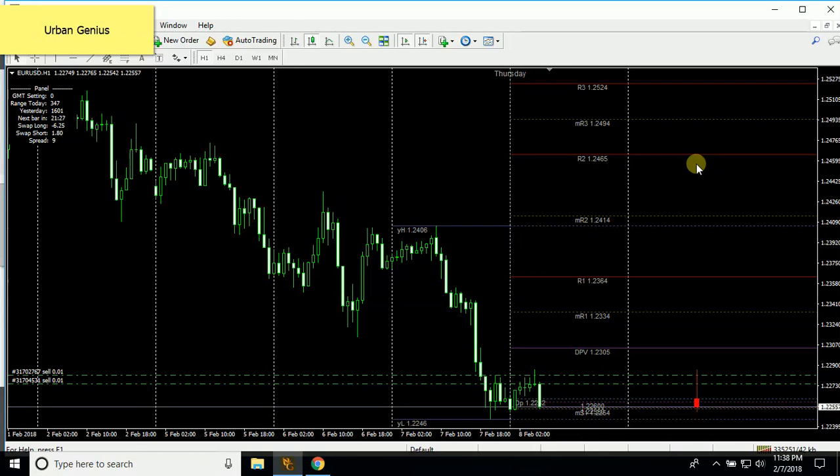Now here what we have, we put on our pivots. Our pivots are going to show us what? What, Mr. Genius? What are the pivots going to show us? The pivots are going to show us levels of resistance and support. This DPV is going to be our central pivot. So think of that as ground zero. We're trending above ground zero, we're in an uptrend,